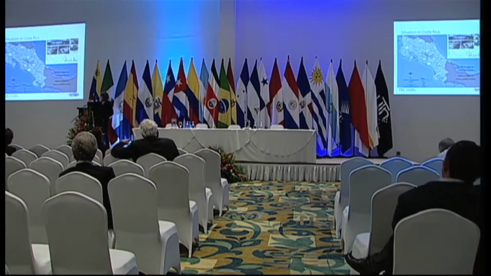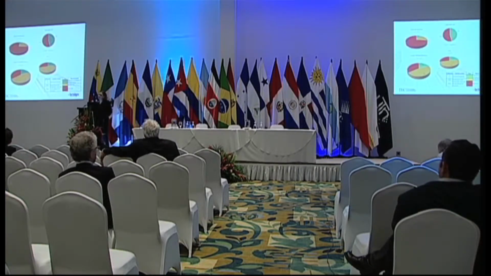This is an example of the information that we create about every bridge in this country. This is an example of the condition of the bridges. For example, this is the expansion joint. The red color is the poor condition, the yellow color is a fair condition, and green is a good condition. We show here that the condition of the bridges in Costa Rica